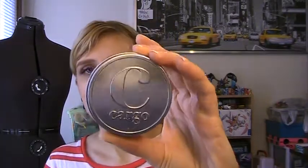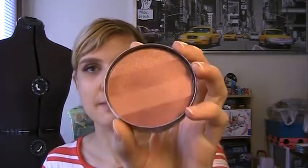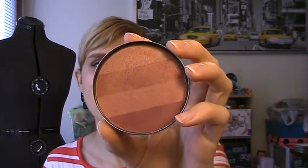I was also really digging my Cargo Beach Blush Bronzer. What is this? Yeah, Beach Blush. It's like a blush and bronzer in one. I got this in my Blush Mystery Beauty box for October. This is in the color Cable Beach, and I think this is a really good fall, like beach bronze